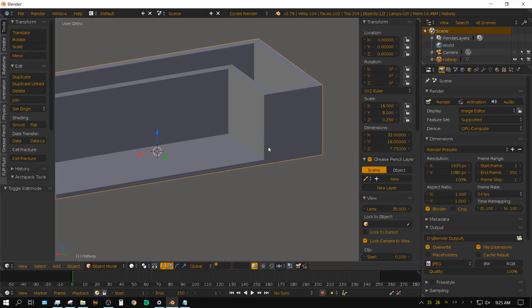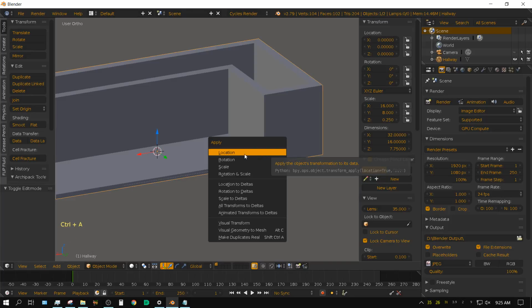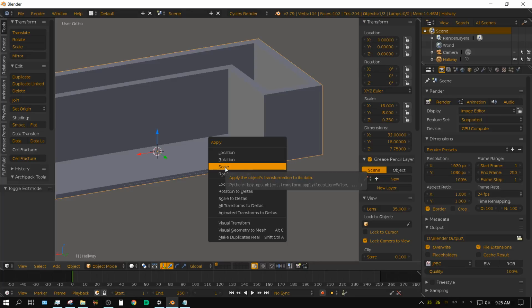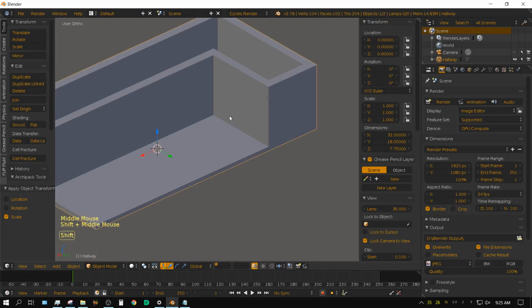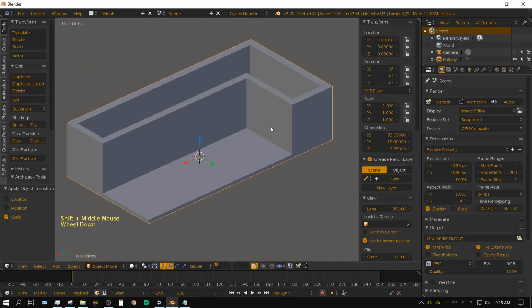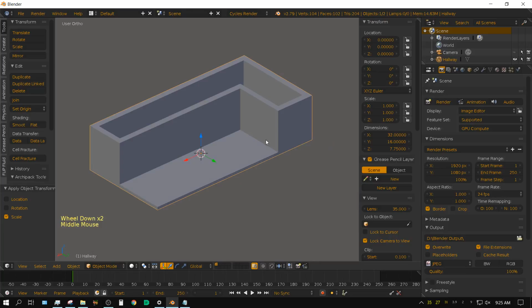So in order to apply the scale, hold down the control button and press A, and then this menu comes up and click on scale. And the only thing it does is basically re-zero things out, or I don't know how to explain it, but anyway, you need to do this. Otherwise it may do funny things when it comes to physics simulations.